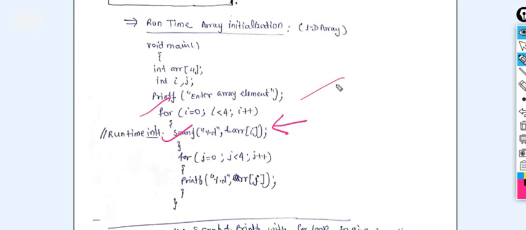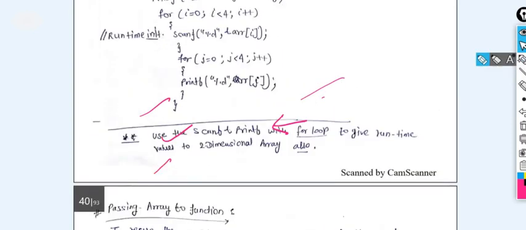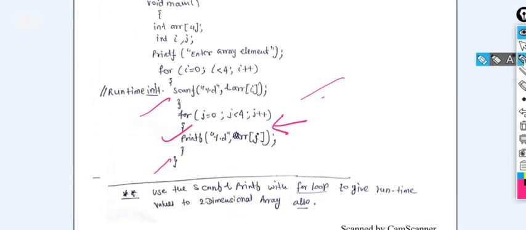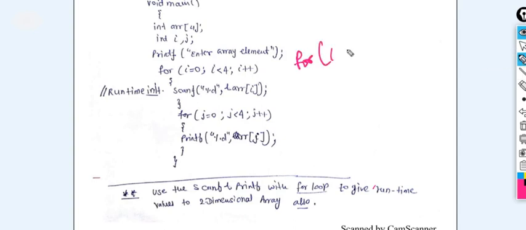So for a one dimensional array, a single for loop will be there. In case of a multi-dimensional array, you have to use two nested for loops. With the help of the for loop, i equals 0, i is less than 4, and i increment, right?